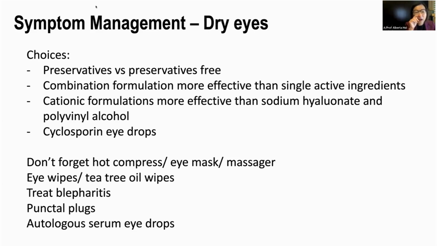So I put down at the bottom here to say not to forget about some simple things. And as I mentioned, the dryness often is very multifactorial. Those meibomian glands underneath the eyelashes have little oil secretions that protect the tear film. And sometimes they can become dysfunctional and not produce enough of this oil.